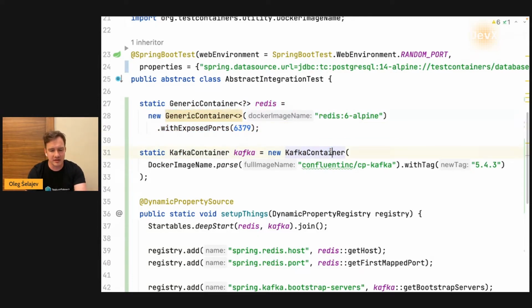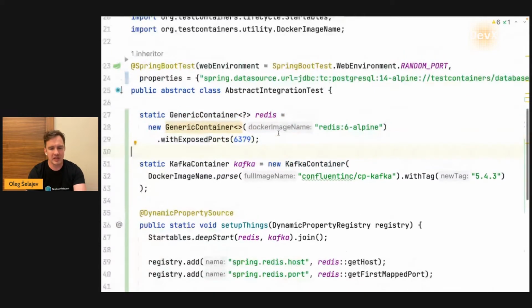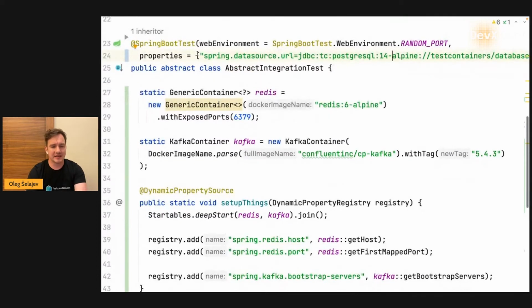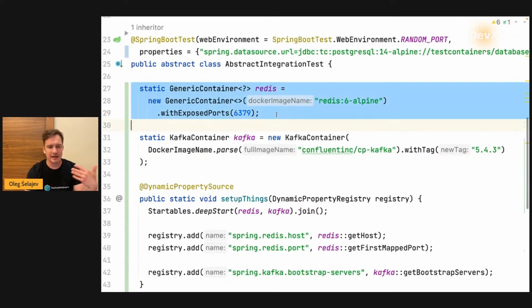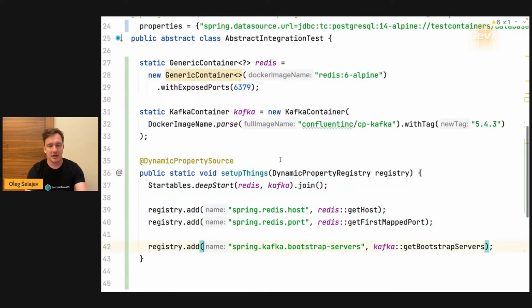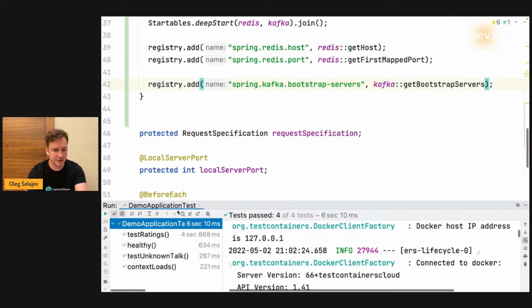Or I would like a Kafka container, which is even a larger abstraction on top of the Testcontainers API. Or I can just say that I would like the database and use it as special magic URL support. We're going to talk about that later, but I can very easily, using my normal Java API, or in the JVM world, any other, like Kotlin API or Groovy or whatever language I want to use, or similar abstractions for the other libraries. For example, in Testcontainers Node, there will be a similar generic container abstraction in JavaScript. I can request those, I can run them, and then I can set up my application and the test will run. So if I just run my test here,